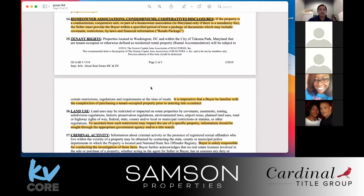Tenant rights: properties located in Washington, D.C. and within the city of Takoma Park, Maryland, that are tenant occupied or otherwise defined as residential rental property will be subject to certain restrictions, regulations, and requirements as part of the resale. It is imperative that the buyer be familiar with the complexities of purchasing tenant-occupied property prior to entering into a contract. You have TOPA rights in DC,